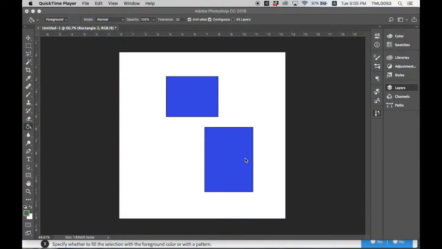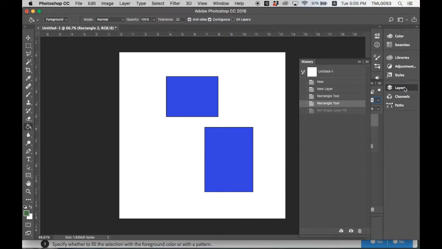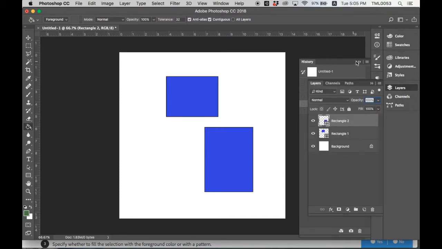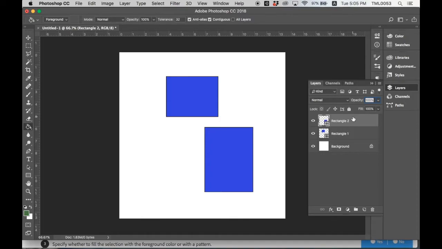Continuing from the previous video, we stopped at this second rectangle object here. Let's create the layer. So you can see from here, I have a second rectangle layer called Rectangle 2. The problem with it is that when I created this rectangle object, the color does not follow what I've set here. Never mind. What I need to do is make sure I select this layer, and then I'll go